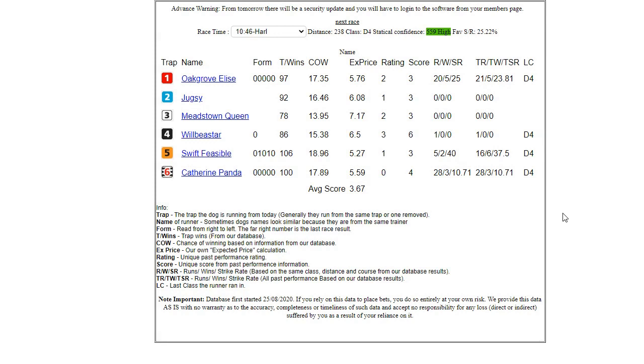You can use a higher cow or a higher rating or a lower score, that kind of thing. There are ways that you can change it slightly, but I'm going to show you the method. I'll talk through the results from yesterday first of all. And then in the second part of the video, I'm going to take you through several races and how we use it on the race cards, and using the one-click Betfair software to actually get those selections